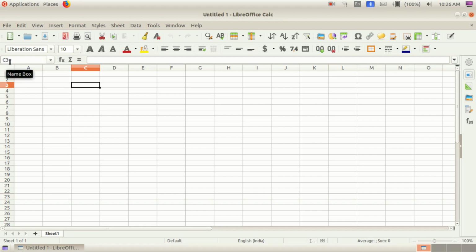Now you understand that, children. This is the cell address C3. In the name box we can see the cell address C3. Then what does it indicate? It is the part of column C and row 3, isn't it? Really, one cell is an intersection of rows and columns. What is a cell? The intersection of a row and a column is known as a cell, isn't it? This is the smallest part of the spreadsheet also.